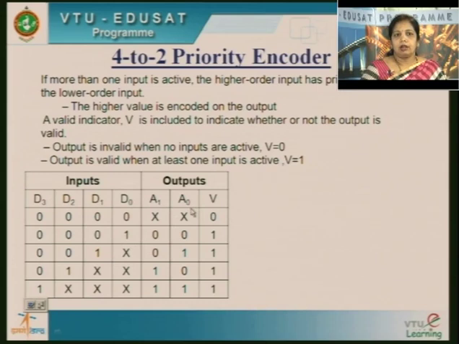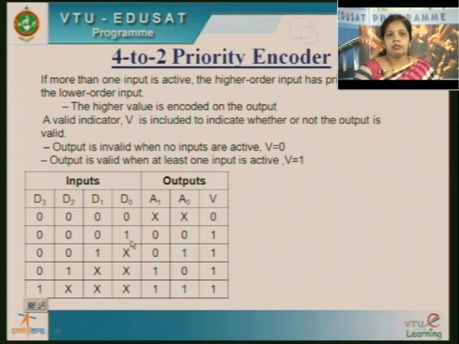So your outputs are 0, 0, then V will be indicating 1. Similarly, for the second input, the code will be 0, 1. For the first input, the code will be 0, 0. If there is a second input coming on the second line, then the code will be 0, 1. If the input is coming from the third line, no matter whatever may be the other inputs, even though you get 1 here, so you may get 1 or 0, you may get 2 simultaneously, but the priority is given